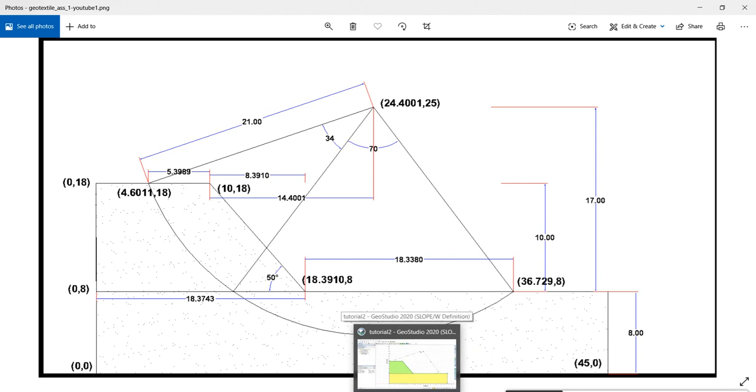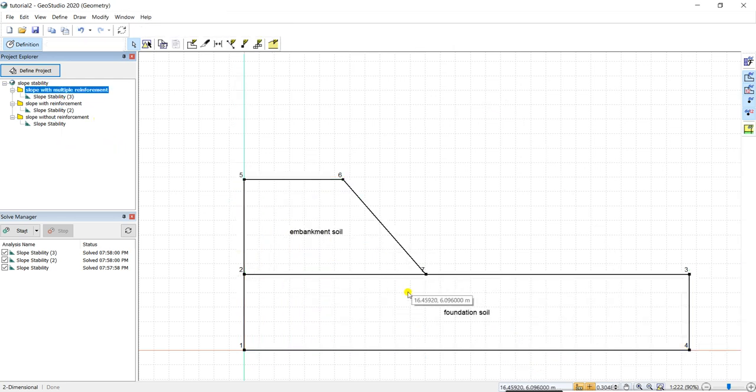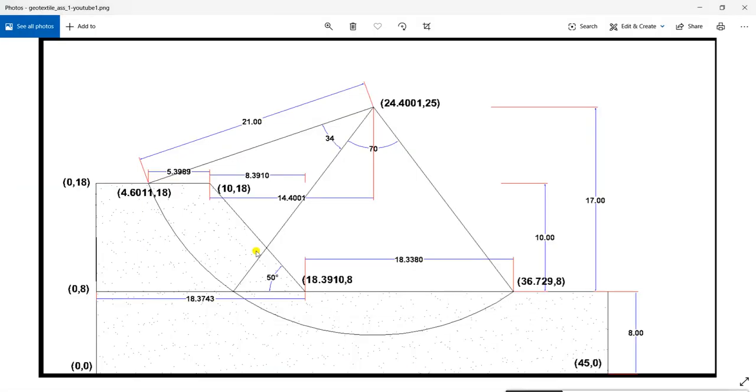So let's start with GeoStudio. We'll go to the software. I'm using the same project which I've used in the last three lectures so as to give you a comparative study between limit state and finite element method. In this project you can see the geometry is already defined. If you are using a different type of geometry, you can define it by going to draw region, and it is a simple drawing, nothing else. You just have to know the coordinates so that you can draw your geometry.